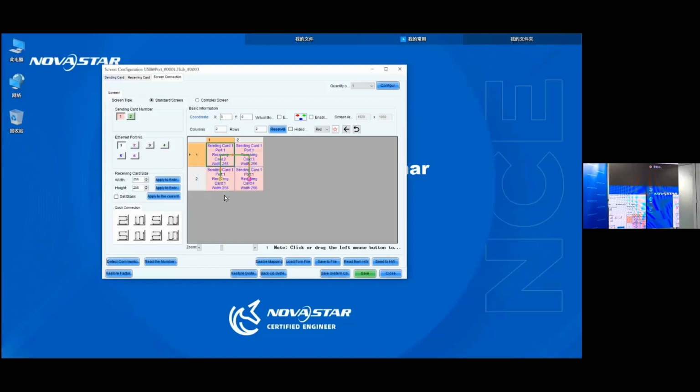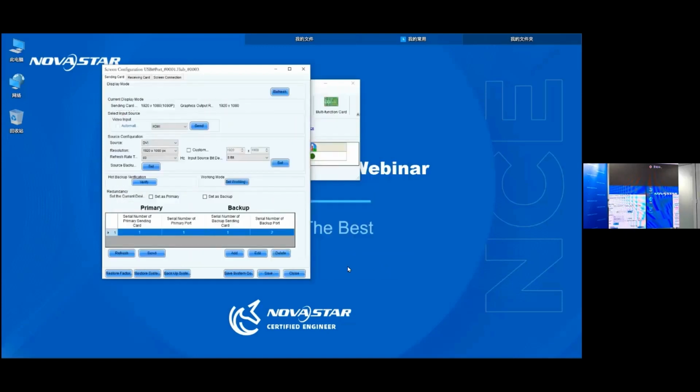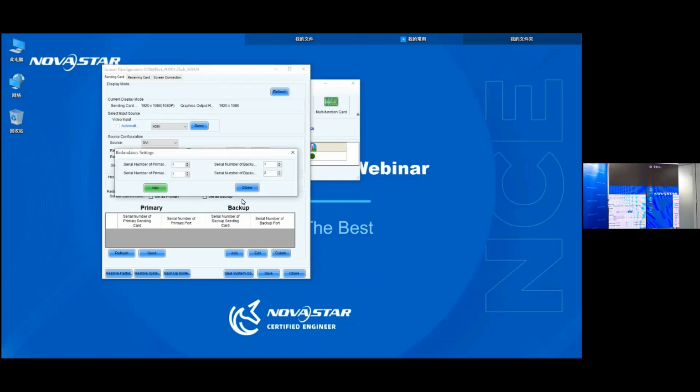Okay, we come back to the sending card setting and we delete the previous settings. Okay, we add the new one. So now the primary sending card is still the first one, and the backup sending card we need to set it the second one, and the primary port is the first port, and the backup is still the first port. But here, the primary port is the first sending card output, the first port. But here, the first output is the second device output. So we choose the add